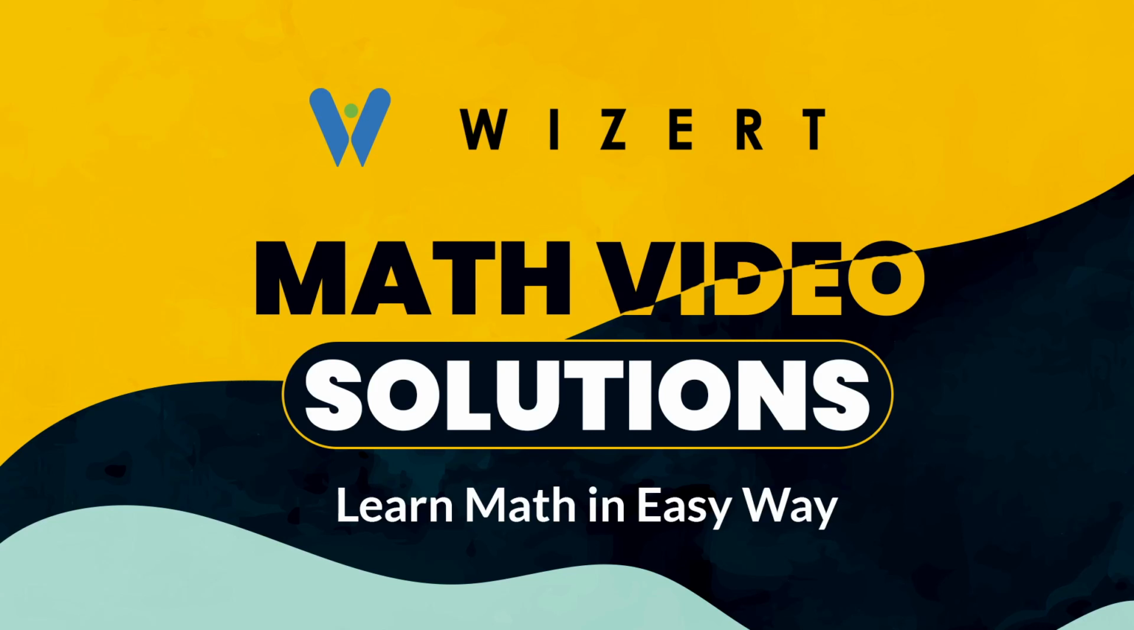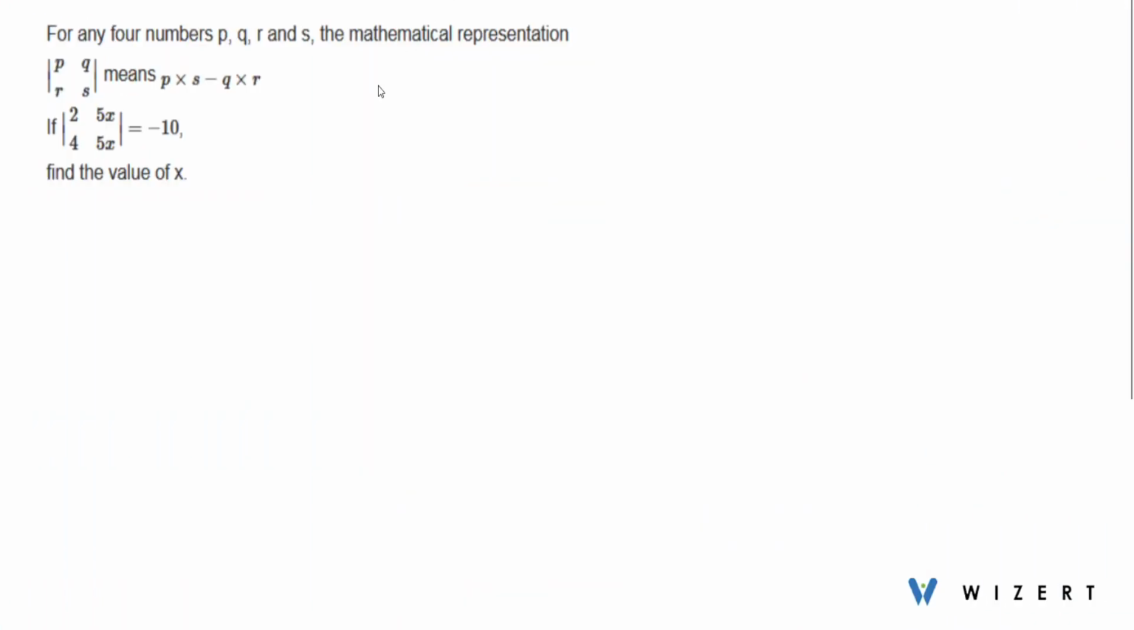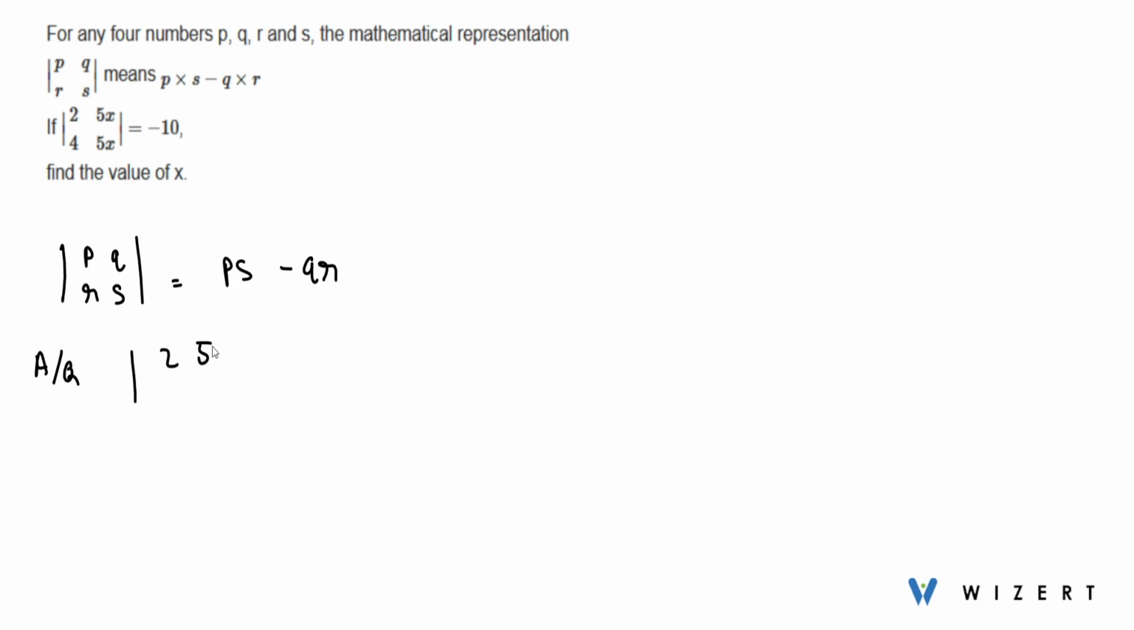So let's begin. According to the question, we have four numbers P, Q, R, S such that the mathematical expression |P Q; R S| equals PS minus QR. Now according to the question, we have to find the value of x such that |2 5x; 4 5x| equals